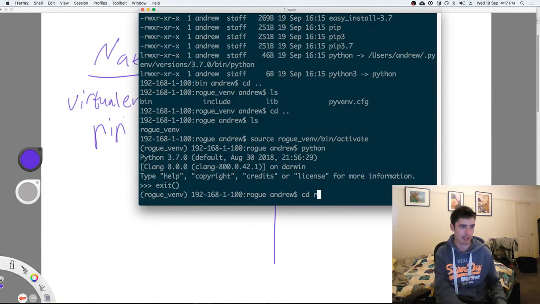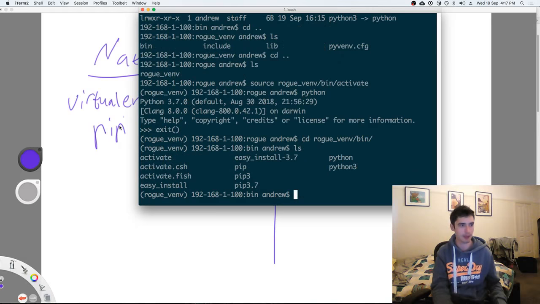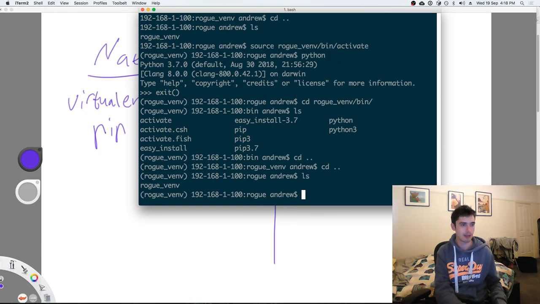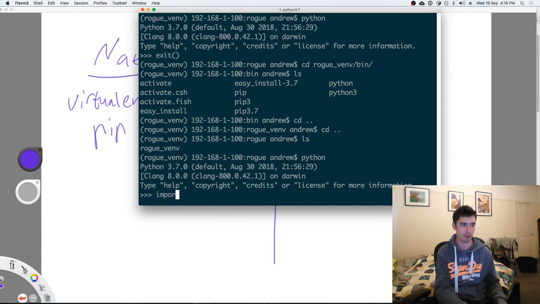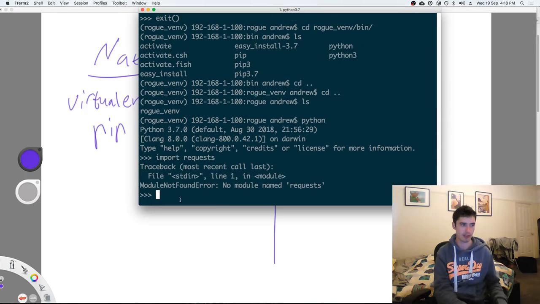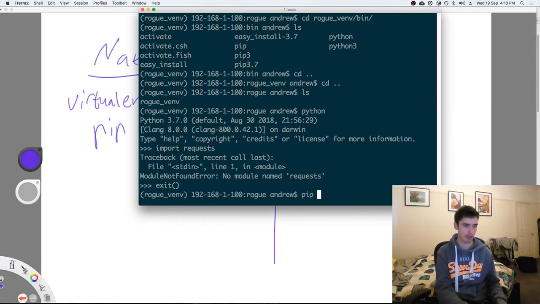So if I actually go back into that virtual environment, you'll be able to see pip. If I go back into the bin folder, you can actually see that pip is part of the Python install. Great, so I'm back in the top level folder. You can see I've got this little thing on here, which means I'm in the virtual environment. So I want to install the requests library. Just to verify that we are doing the correct thing, if I open up Python now and try and import requests, it should error out because we haven't installed it. If I exit and do a pip install